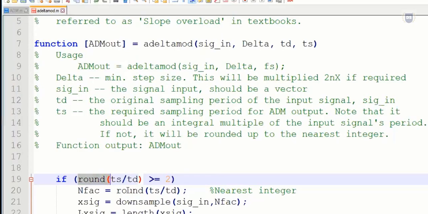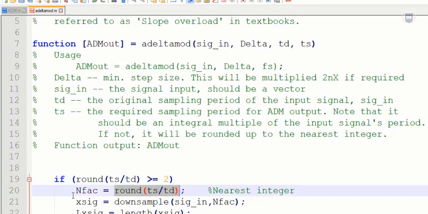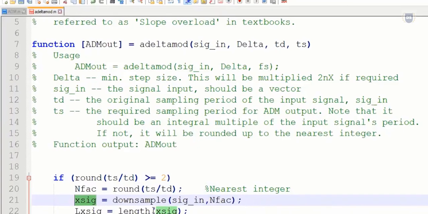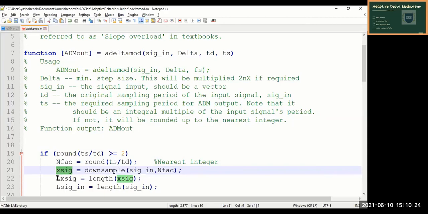We'll use this value in order to downsample the signal input x, assign that to xsig, and copy its length onto a variable called L.